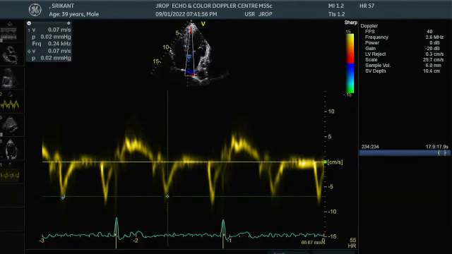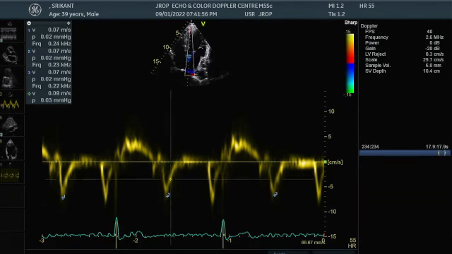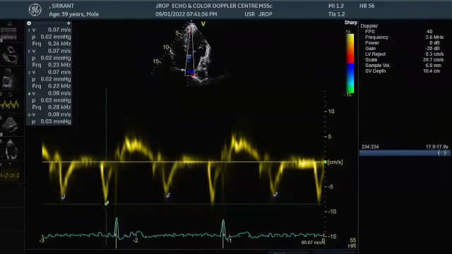So which point is E prime? This first wave is E prime, in the septal view. This is the systolic wave, systolic function. We are not talking of this. This is known as S prime. This is E prime. This is A prime. The second wave is A prime, and in the lateral view it is the same. In the lateral wall, if we do TDI, the same pattern will come. This is septal, it is clear.